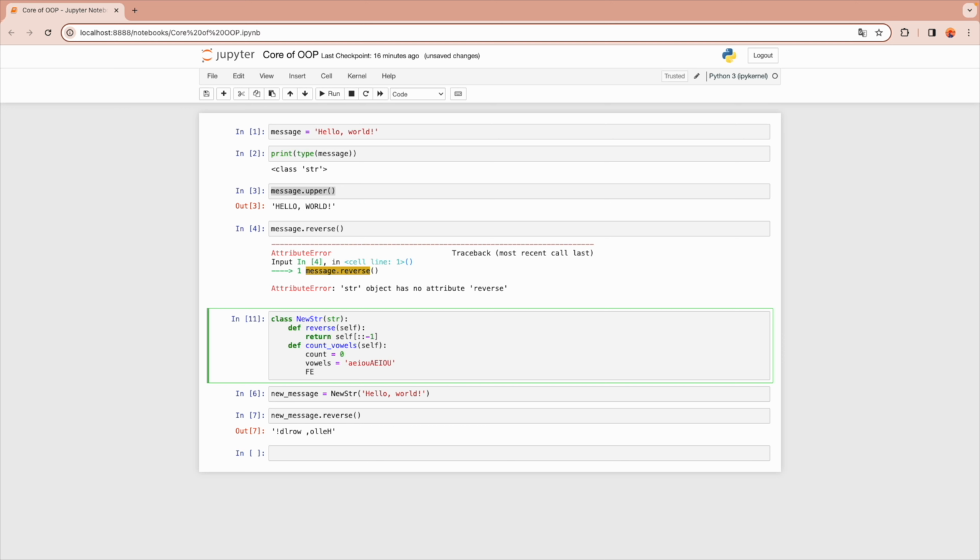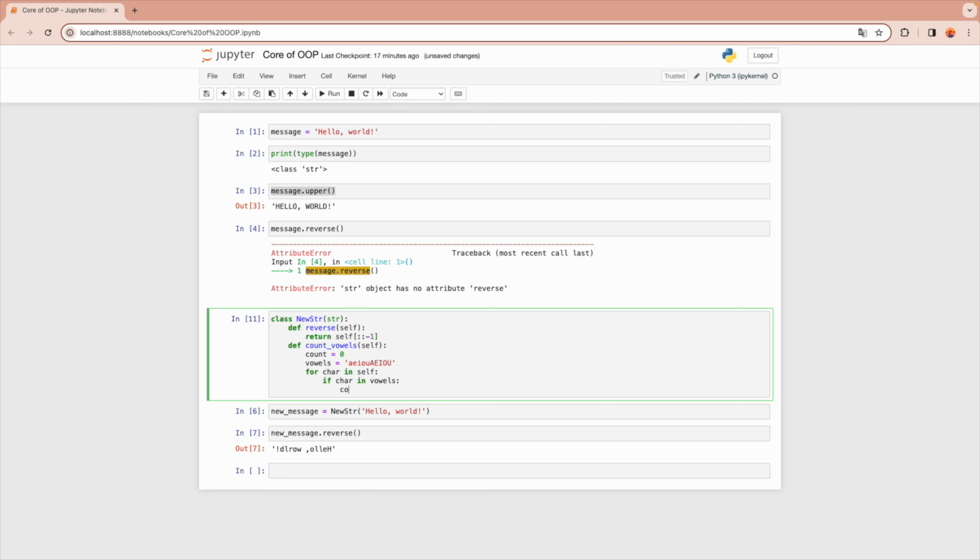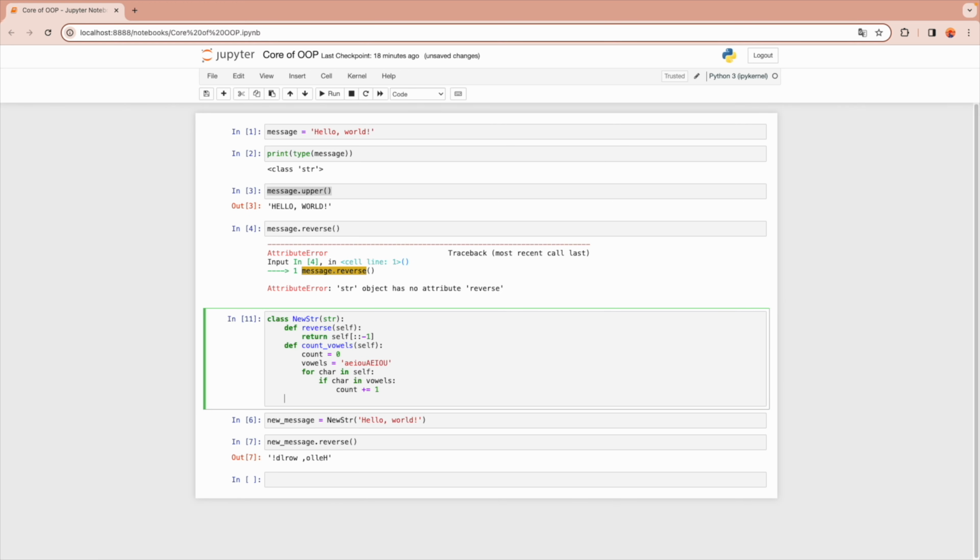And then for every char in self, if our char is in vowels, count, and then return